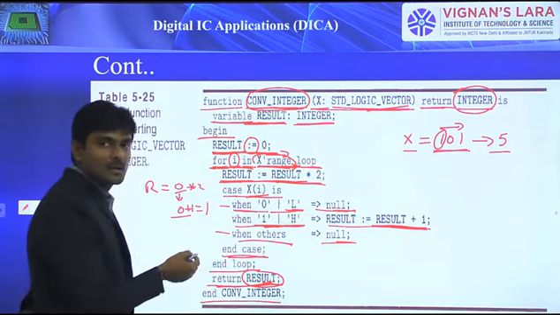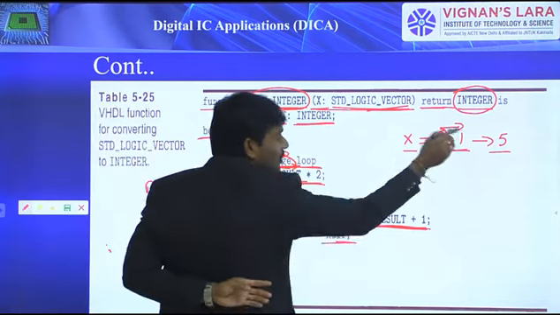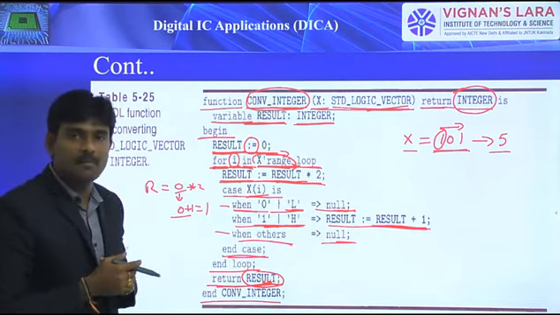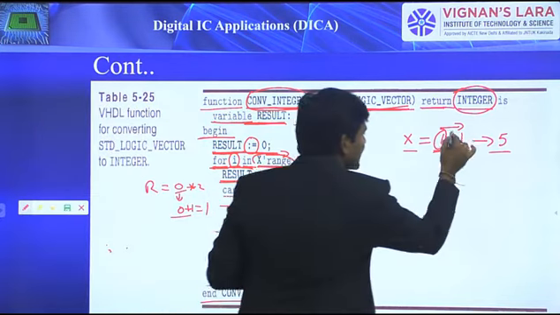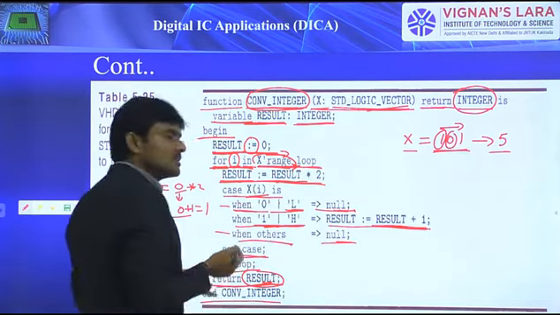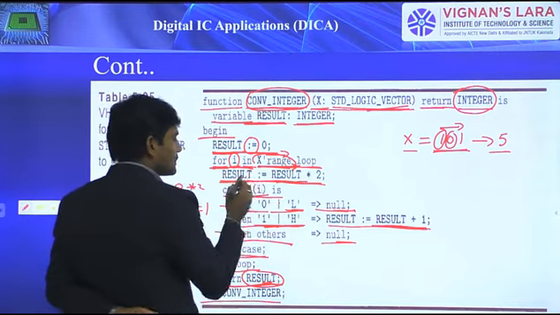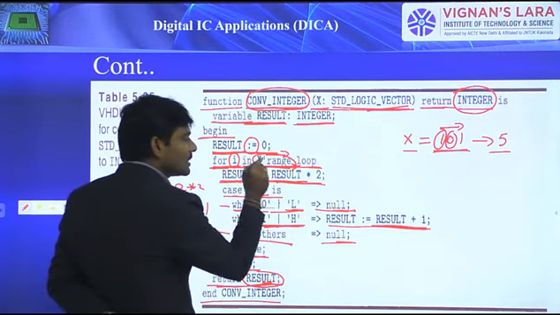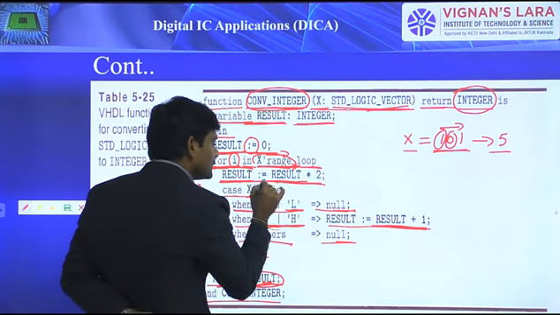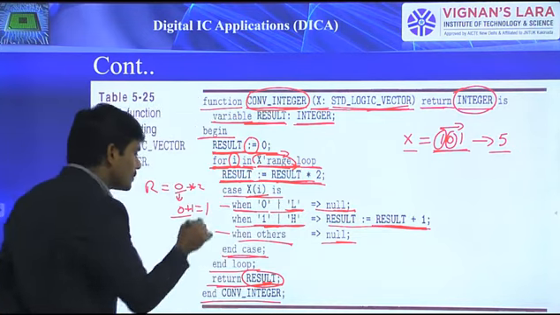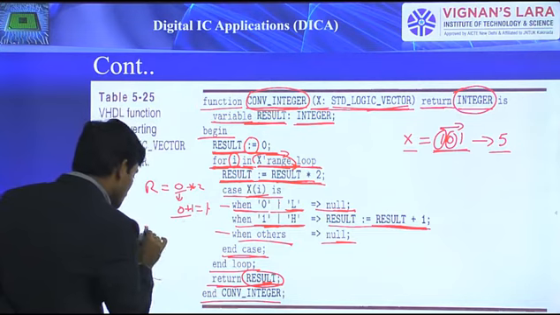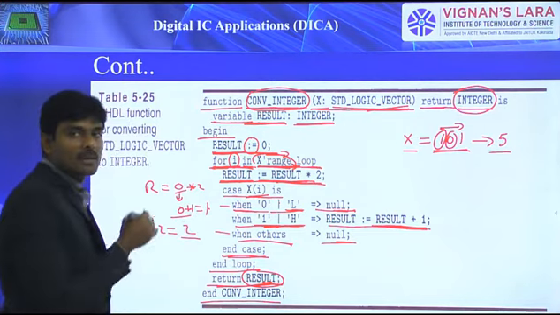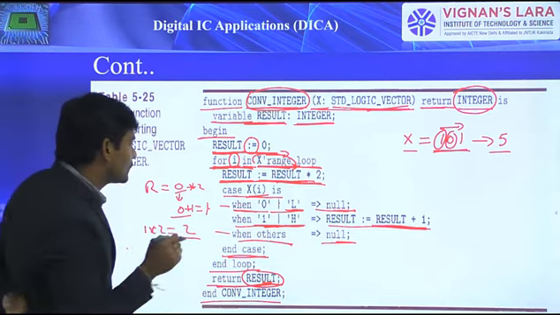The loop is not yet closed, because of the total 3 bits we applied, only 1 iteration is completed, and the remaining 2 iterations are pending. So next it considers the second value, which is 0, so x of i equals 0. Then result is assigned result times 2. Now I got result as 1, so 1 times 2 becomes 2. Now the result stores the value 2.